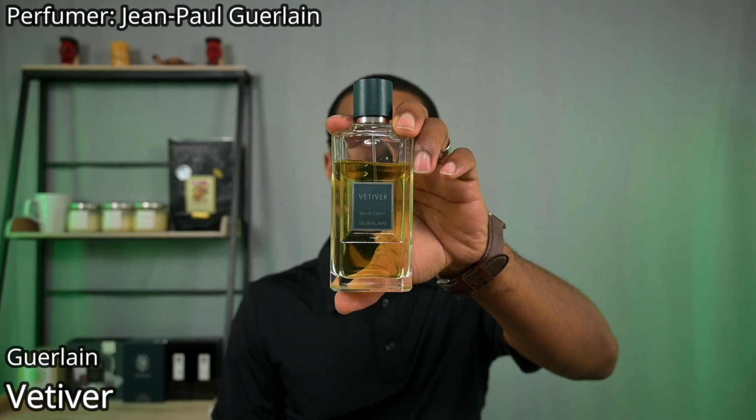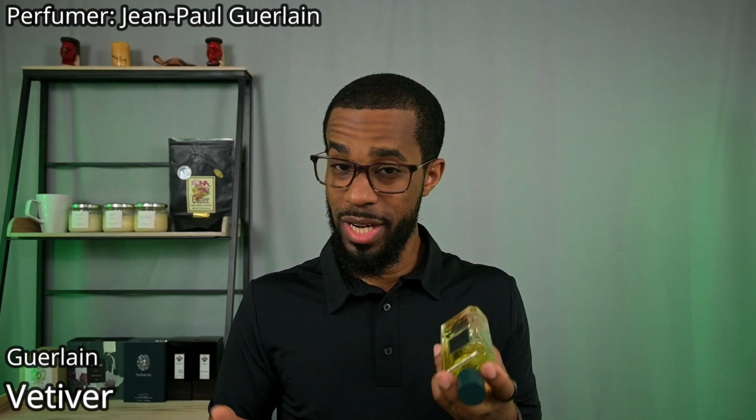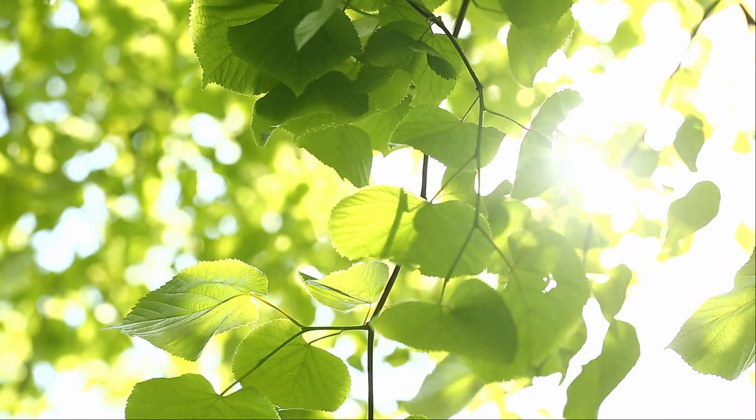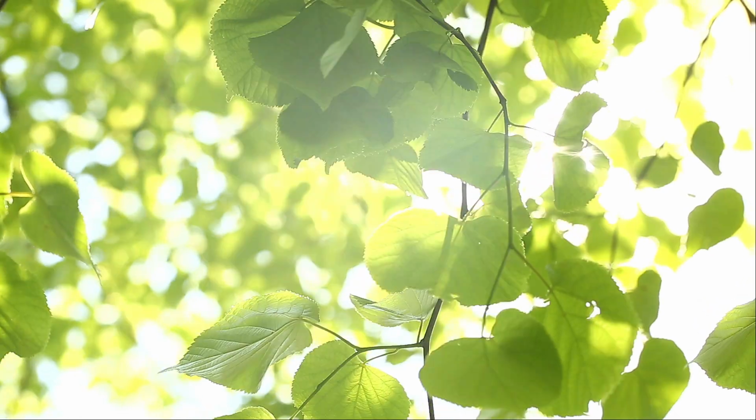All right, first up, we're gonna start with a nice classic masculine scent from the house of Guerlain. This is Vetiver. Guerlain Vetiver. So obviously, what is the green accord that's featured in this fragrance? It's vetiver. There's also a very green tobacco in this. It's more so leafy than it is ashy or smoky. So both of those are the main notes in this that contribute to the green aspects of this